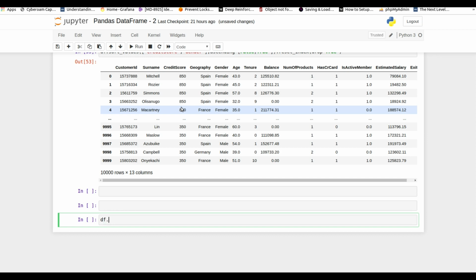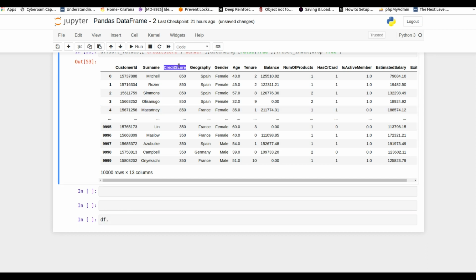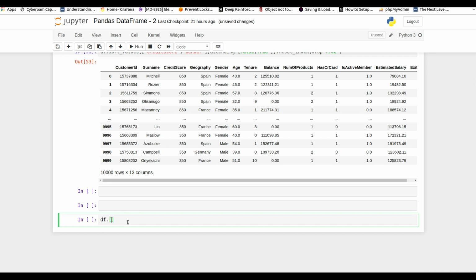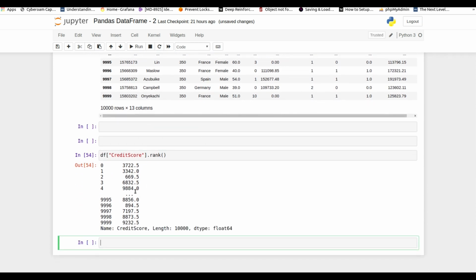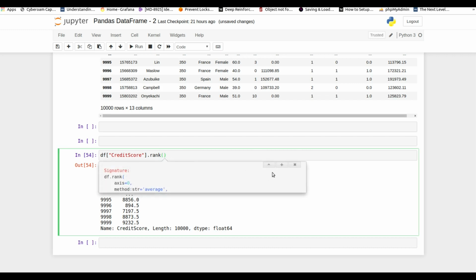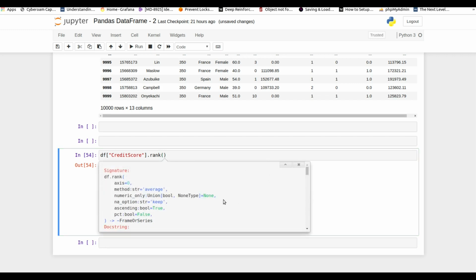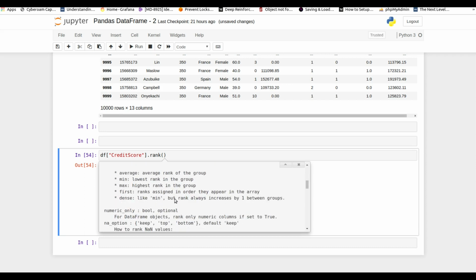Suppose I need to perform the rank function on this credit score. So it ranked the values, and I'm going to provide axis equals 0 and method as a string. Let me show you what is there in the method.